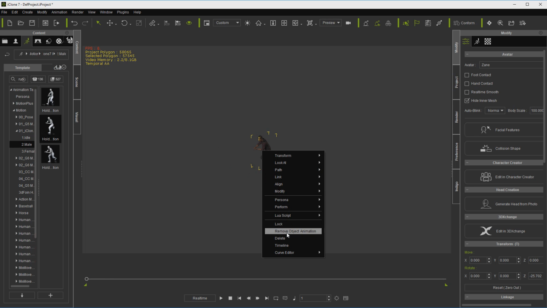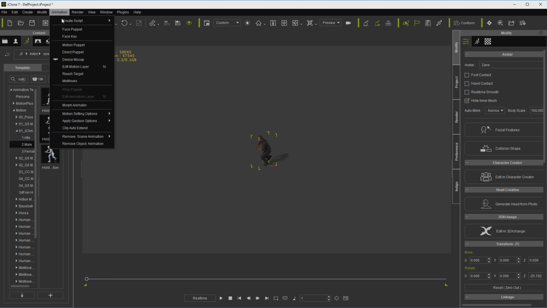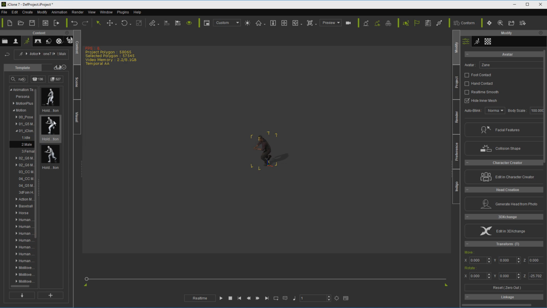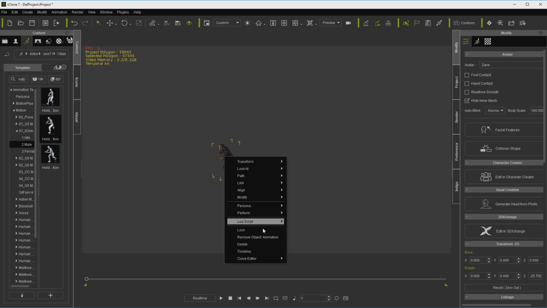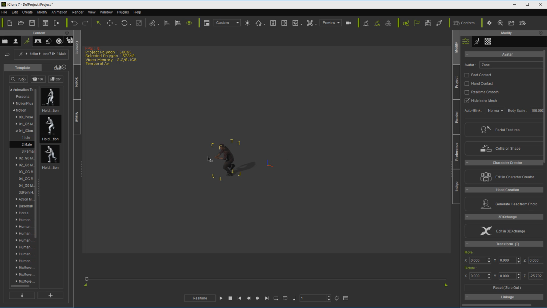Okay, now I'm going to remove it again. And this time we will uncheck Reset Motion Root. Do the same thing. And as you see there, you're getting different results depending on what you have checked.